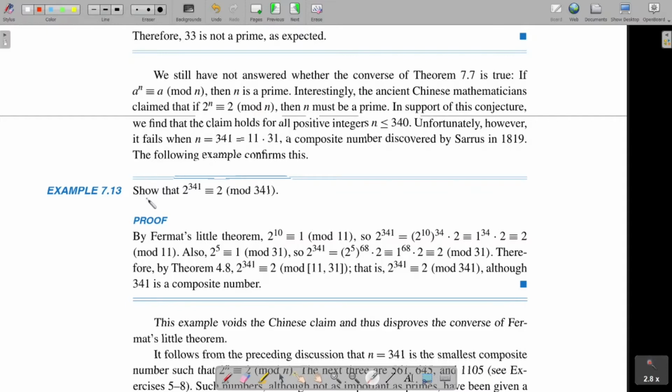Okay, so here we will show that 2 raised to 341 is congruent to 2 mod 341. Already we said that 341 is not a prime number. It is actually a composite number. But we are going to show that it can be written in this form. So we'll use Fermat's theorem to prove this. So by Fermat's theorem,